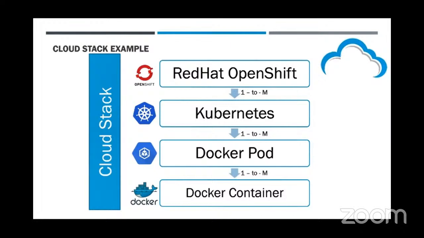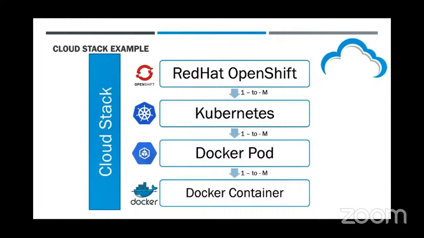Now, above Kubernetes, we have Red Hat OpenShift. Red Hat OpenShift is basically an enterprise version of Kubernetes. That is, it gives enterprise support to Kubernetes, because Kubernetes is basically free, and there is no kind of support for it. So Red Hat OpenShift gives enterprise support so that companies can reach out to a team for any kind of issues. Okay, so that is a complete stack. Red Hat OpenShift contains multiple Kubernetes clusters.